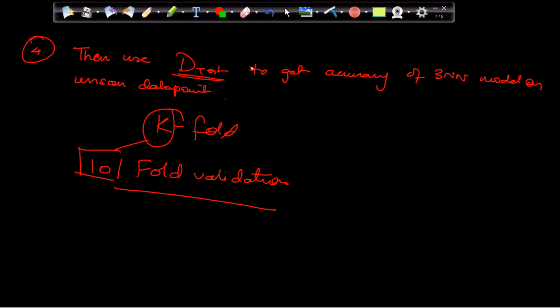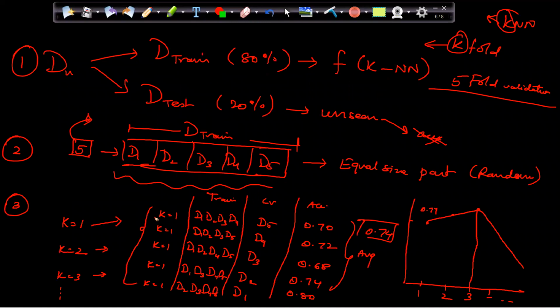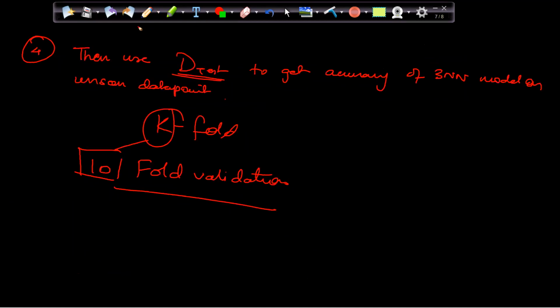Now, in machine learning, everything will come with some problem. So obviously there will be some problem. You are doing a lot of iterations. 1, 2, 3, 4, 5 for k equal to 1. When I have 5-fold, then let's say k equal to 2 again 5 times, then k equal to 3 again 5 times, like that. So resource consumption will be there.